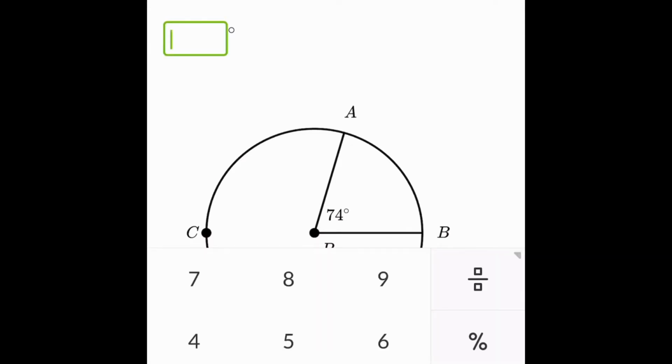I would be able to click in this box and it will give me a custom keyboard that allows me to put in whatever values I may need. For example, if you need to put in the area of a circle in exact form, there will be a pi button here. If you're doing Pythagorean theorem, there may be a radical symbol here, just so that you're able to go ahead and input that. But again, you'll do your math, you'll see what has to be done, you'll put an answer down in here,